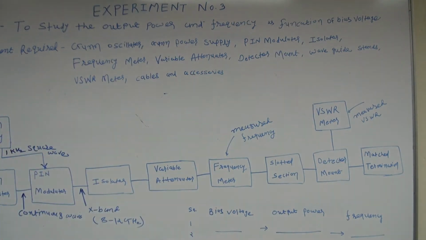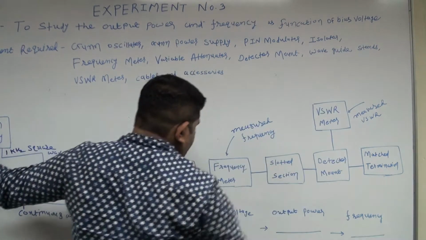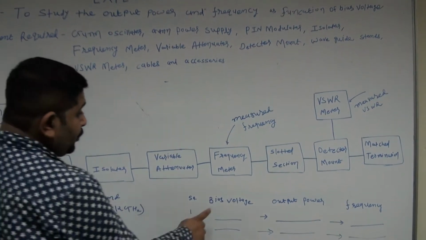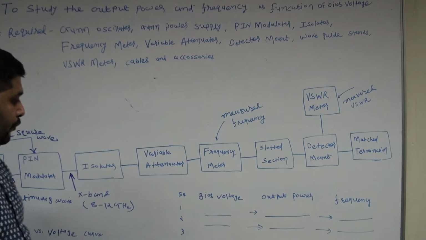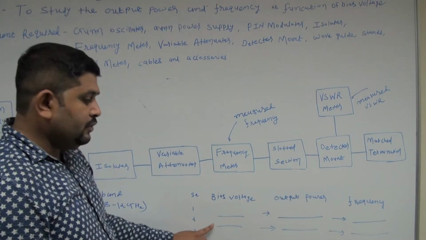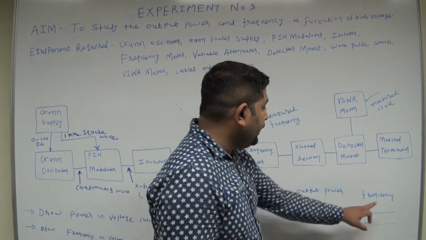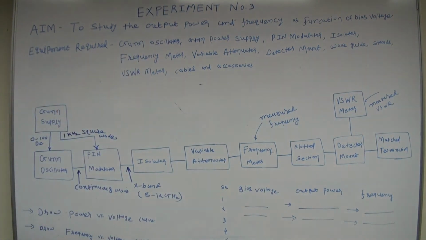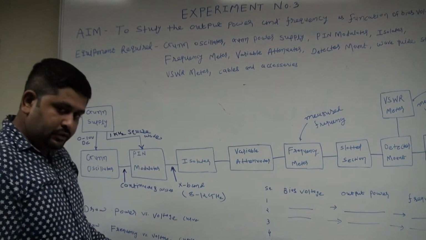In this experiment, the main thing is to first focus on the bias voltage. So first apply the bias voltage that ranges between 0 to 10 volt, and correspondingly measure the output power and frequency. First set the bias voltage like 4 volt, second is 5 volt, third is 6 volt, and correspondingly you should measure the output power and resonance frequency. And then you should plot the power versus voltage curve and the frequency versus voltage curve,